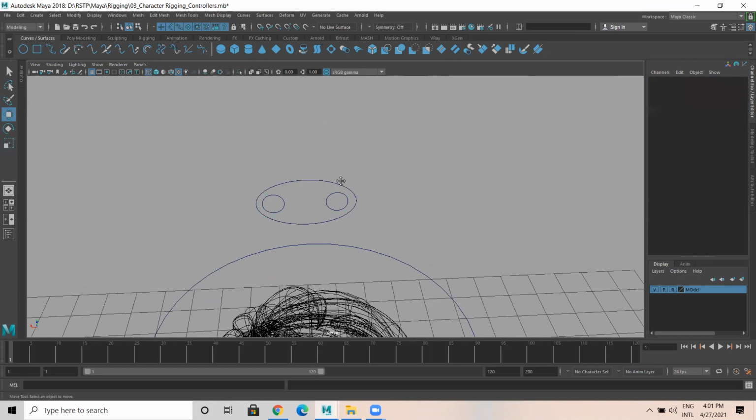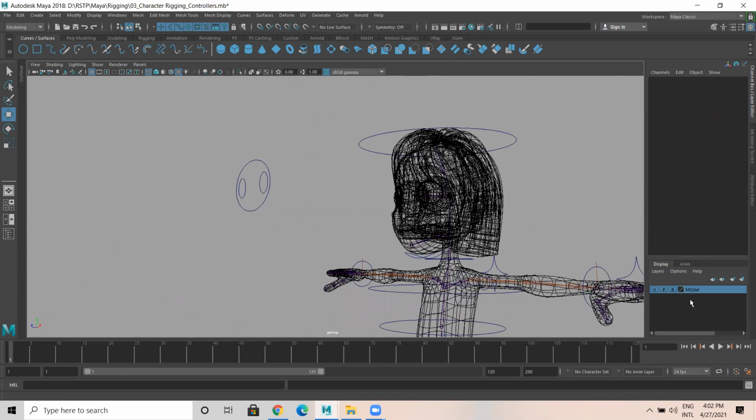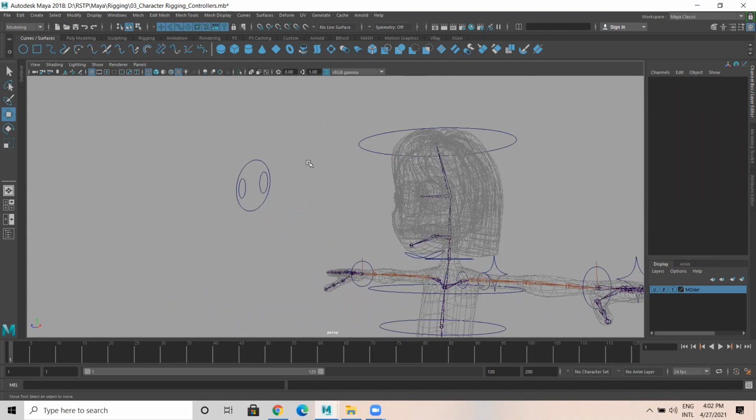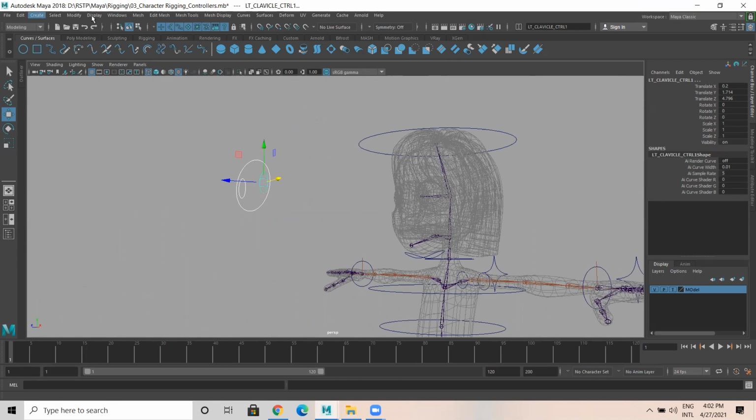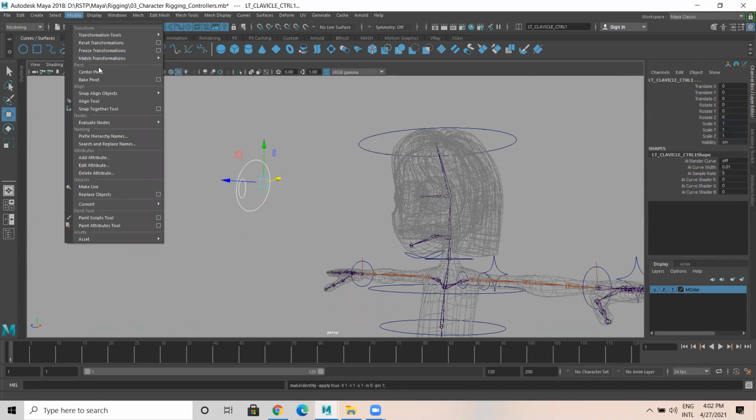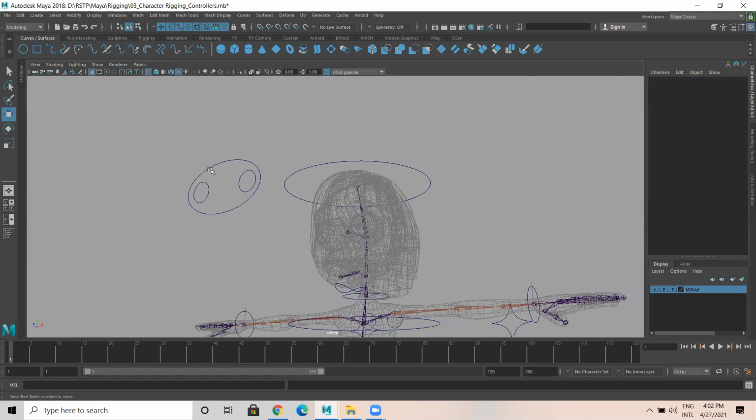So it's like this. This is the eye controller. So what I'll do, I'm selecting this, Modify, Freeze Transform, Modify, Center Pivot. Okay. Yes. So this is the eye controller.